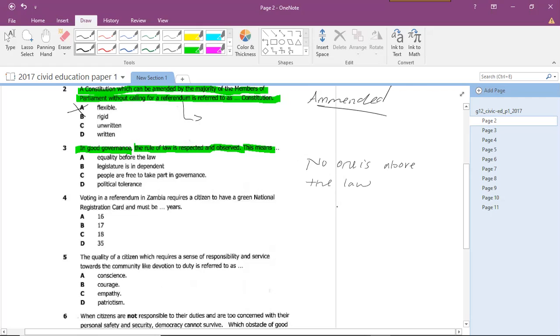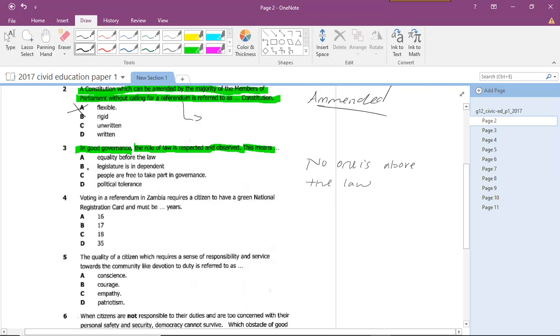So to maintain that, it actually means that the wing of the government that implements laws in Zambia has to be independent. So which wing of government actually governs the decision-making process in the country, like laws? The answer is B, Legislature